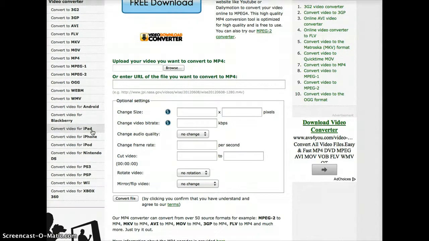Next, it's going to ask you for some custom settings. You can leave all of these blank. You don't really need to do anything here other than click Convert File, and that's going to give you the resulting MP4. The one thing to note is we do have an 8 megabyte limit on our video uploads, so